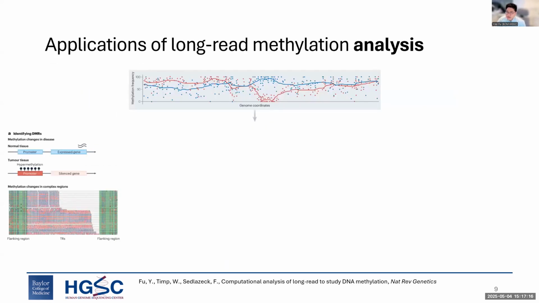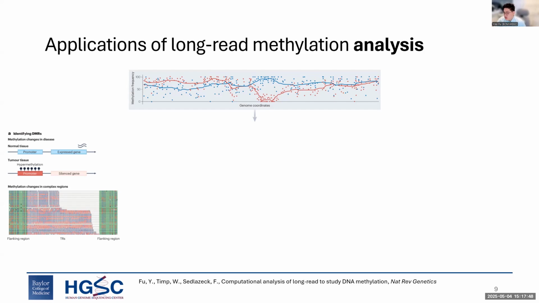Then we want to dive into the applications of long-read methylation analysis. Genome-wide methylation signals detected and compared across samples or haplotypes provide several insights. First, it could be used for identifying differentially methylated regions between normal and tumor tissues. And here we have reviewed the hypermethylation of a promoter of a tumor suppressor gene, which leads to